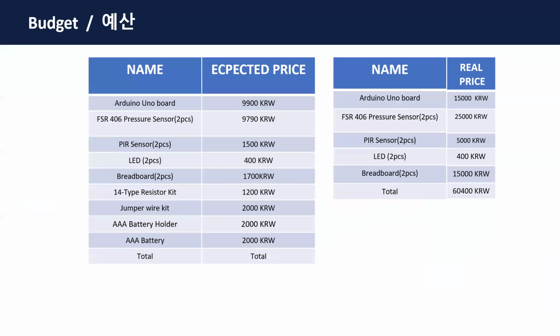This budget plan was carefully designed with large-scale implementation in university in mind, including the Arduino board, two FSR pressure sensors, PIR sensor, LEDs, breadboards, jumper wires, and AAA battery holders for power supply. We were able to build a prototype at a cost of only about 6,400 won per seat,